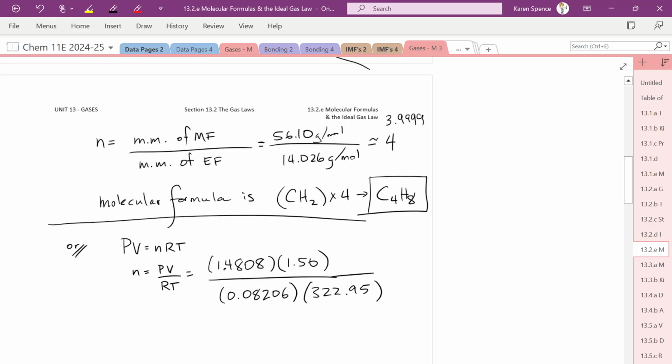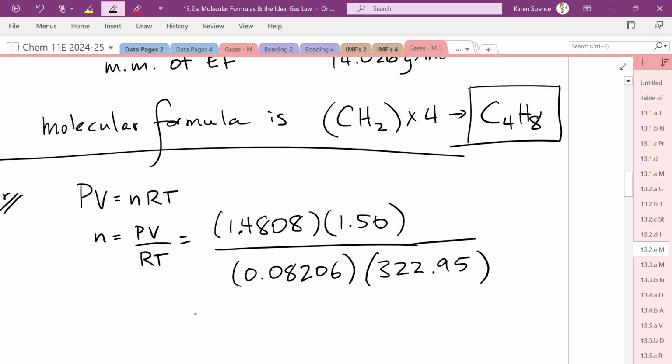Okay, so that is going to give us our moles. 1.4808 times 1.5 divided by 0.08206 times 322.95 is